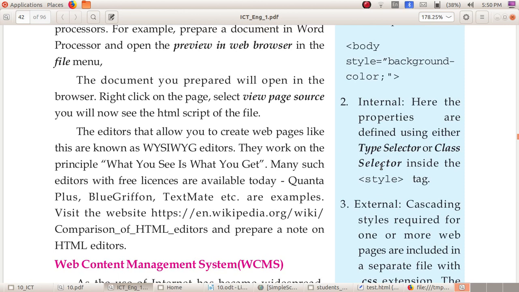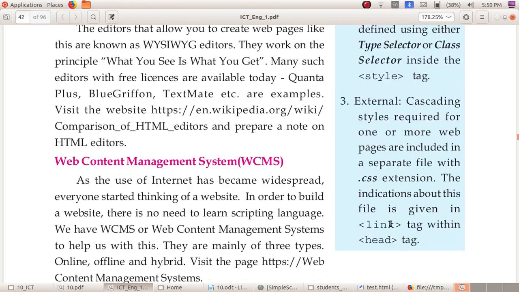Then in the internal, here the properties are defined using either a type selector or class selector inside the style tag. Okay, so you include the internal CSS inside the style tag. This inline is included inside the body tag. This must be in the style tag with the help of a type selector or class selector. Then the third one is external.